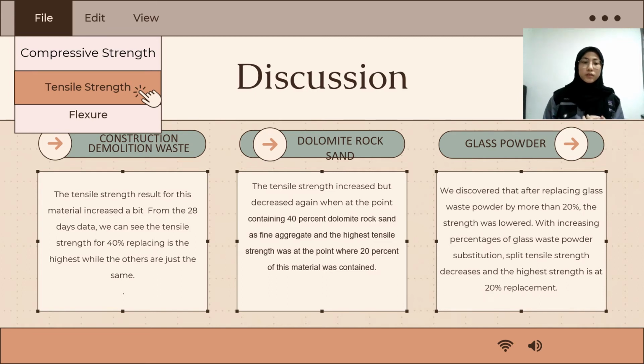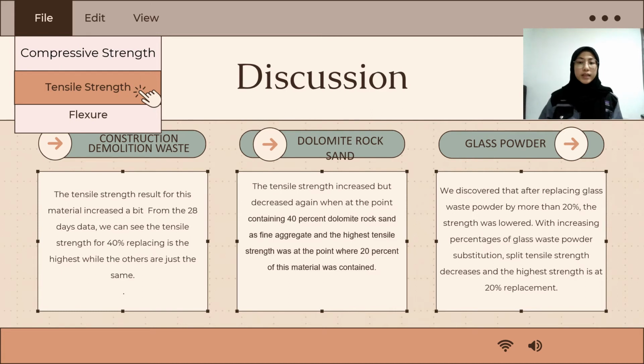From the 28 days data, we can see the tensile strength for 40% replacing is the highest, while the others are just the same. For dolomite rock sand, the tensile strength increased but decreased again at the point containing 40% dolomite rock sand as fine aggregate, and the highest tensile strength was at the point where 20% of this material was contained. For glass powder, we discovered